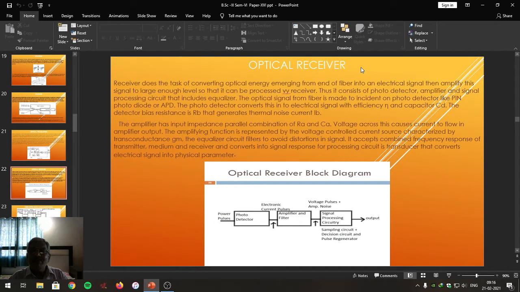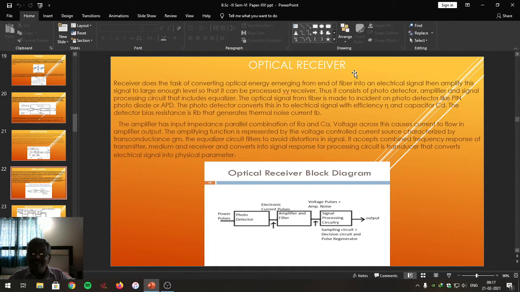That means the signal to be communicated will first be converted into an electrical signal by using a suitable transducer. That electrical signal is processed by the processing unit, where if required it is amplified, and if necessary it is modulated. Then it is given to the driver circuit that drives an optical source like an LED or laser diode, whose temperature is monitored and controlled by the cooling circuit.